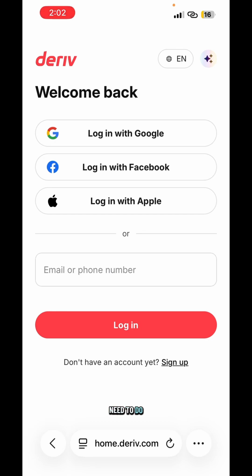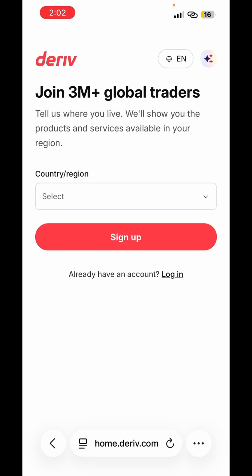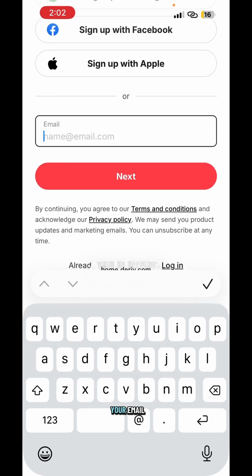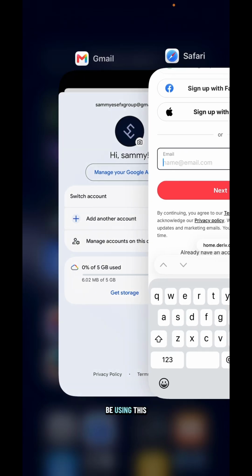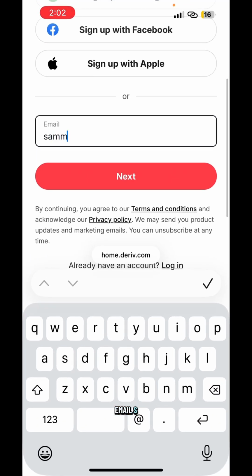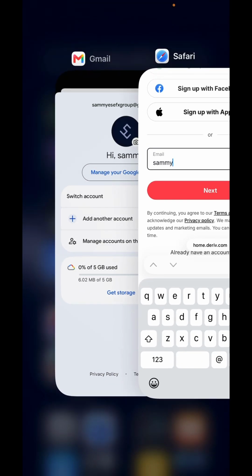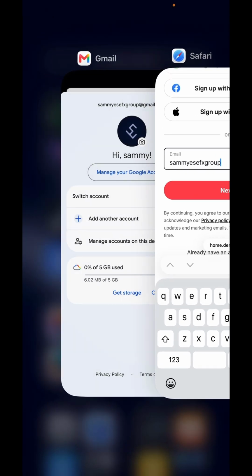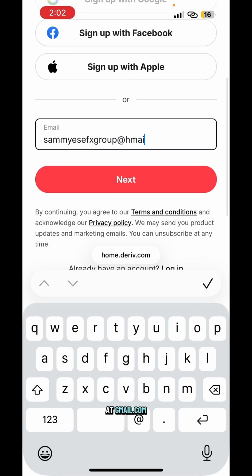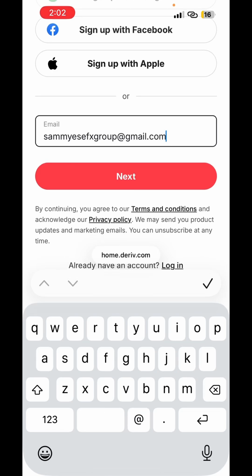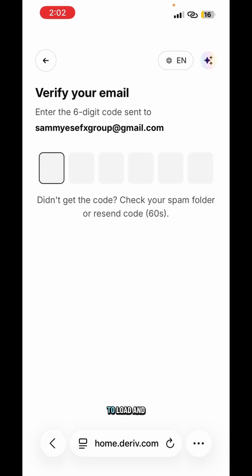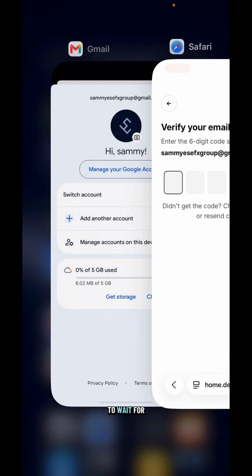So the first thing that you need to do is to click sign up, input your country of origin, and then click sign up. And now you input your email for this. We're going to be using this email as AMMYESE group at gmail.com. Okay, and then you basically click next, wait for it to load, and now you have to wait for a